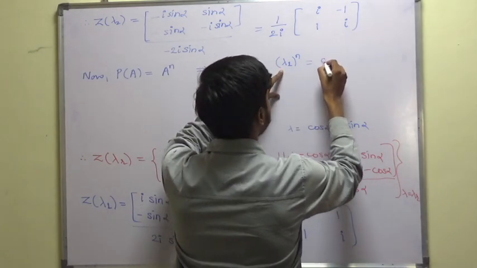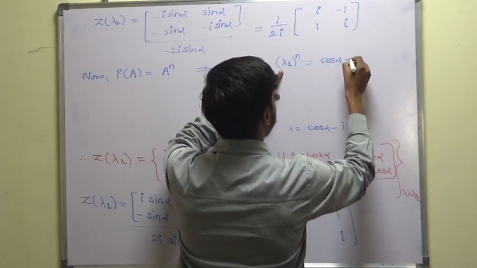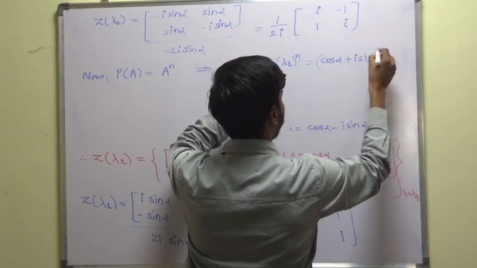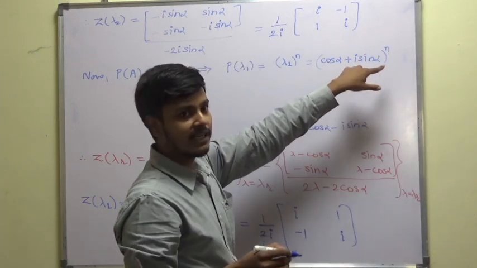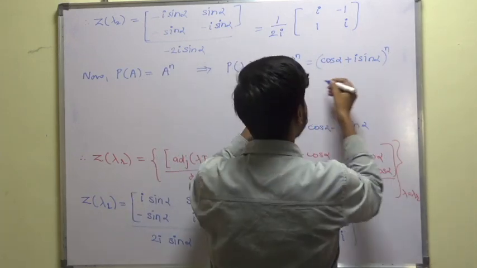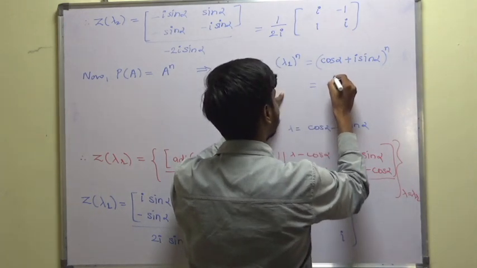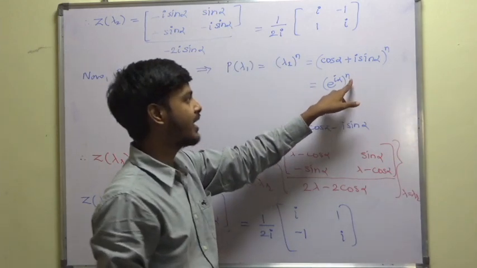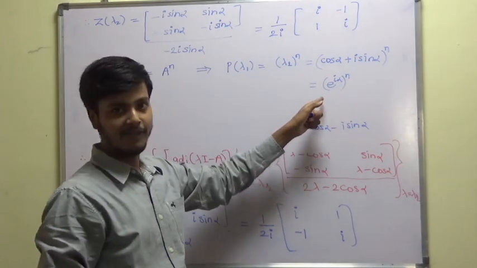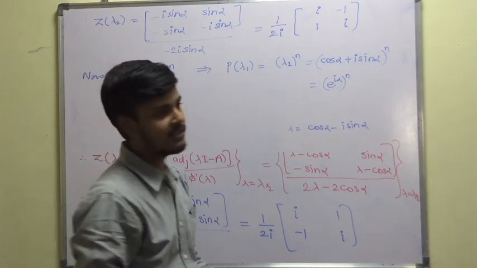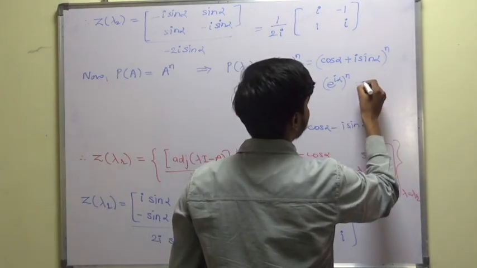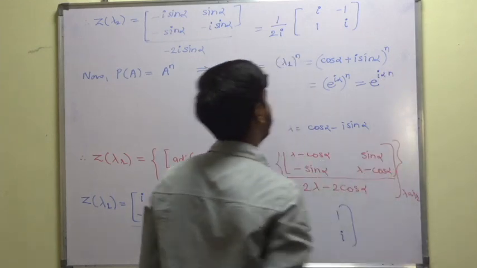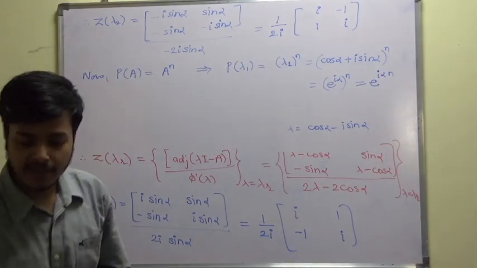This is nothing but cos alpha plus I sin alpha, power n. Cos theta plus I sin theta is e to the power I theta. So you can write this one as e to the power I alpha, power n. Or you can write by DMT e to the power I n alpha. If you remember, you can write. If not, then still you have to write I alpha n or I n alpha. Okay. Likewise, you can write for